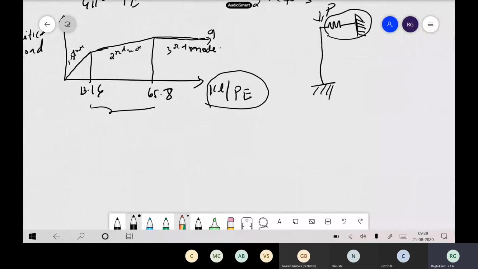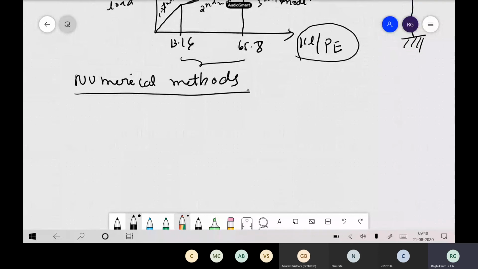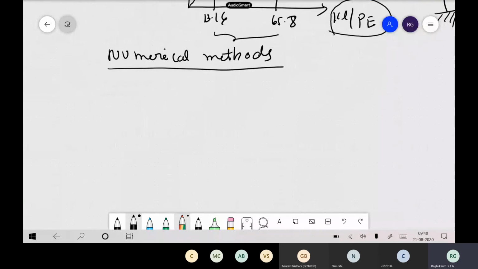And now we will go to the other methods. Energy method is there. Now we will go to the numerical methods also. One should know how to solve these buckling loads by numerical methods. In the numerical methods, of course, the energy method we have seen itself starts all these numerical methods. So we will discuss the finite difference method, which is straightforward, then the matrix method, or FEM. Let us see this also.